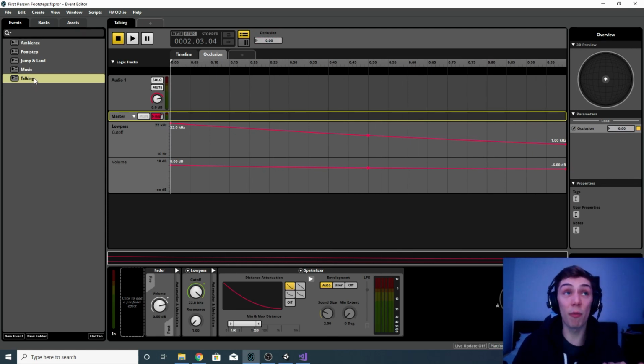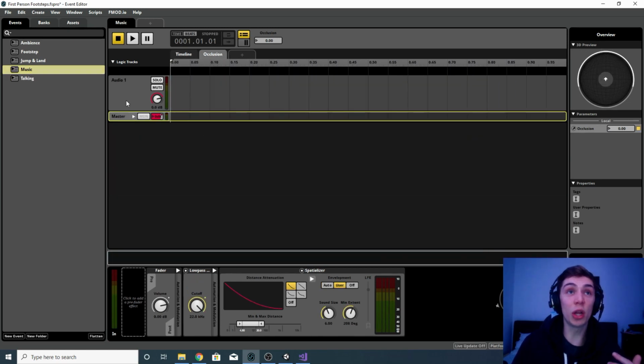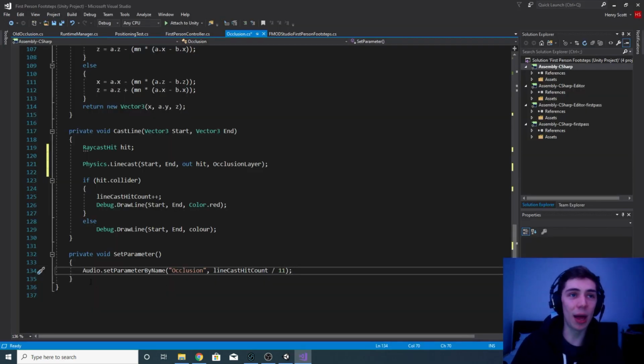So I've added that to both my talking and my music events, and you can adjust these values for each of your events. So you can see, for example, with the music, I've changed the cutoff ever so slightly and the volume ever so slightly. It's up to you. So going back into our script, to do all that,